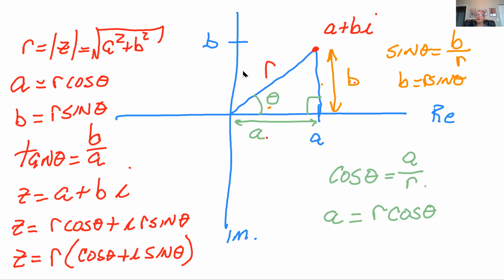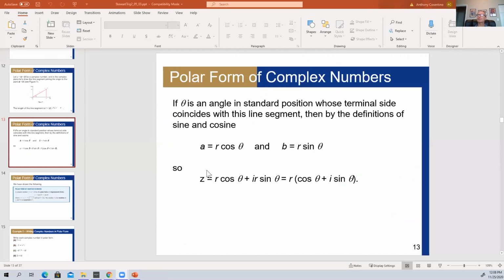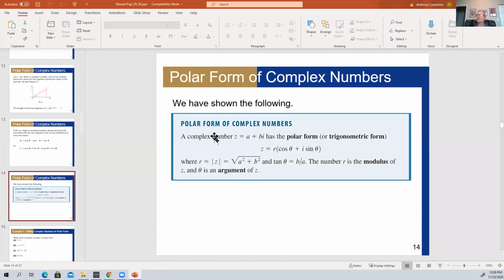And here's what it looks like in the slide. So here we have it. You'll see slides 13 and 14 will be kind of useful because they give you the polar form of a complex number, which we're going to be using now. And so I think it's a good place to stop this first of the recorded lectures for section 5.3. And we'll continue converting complex numbers to the polar form, and show you how to multiply and divide in the next